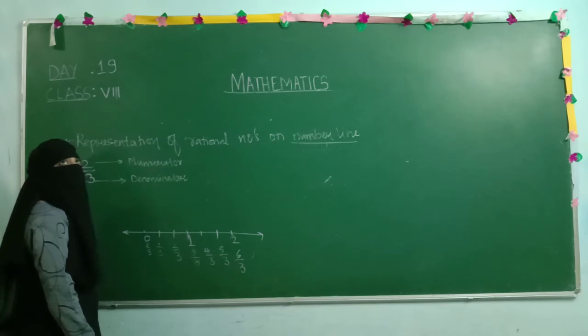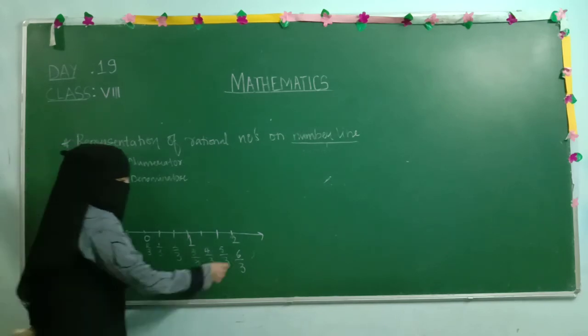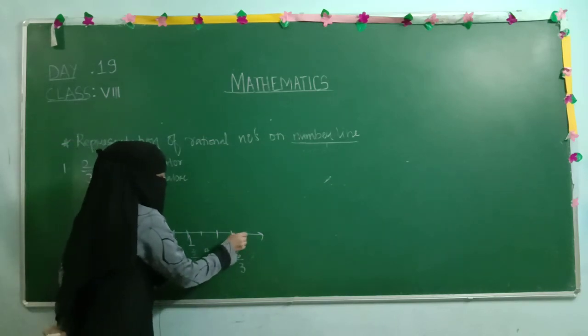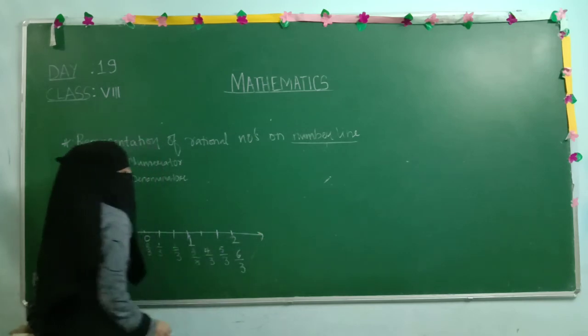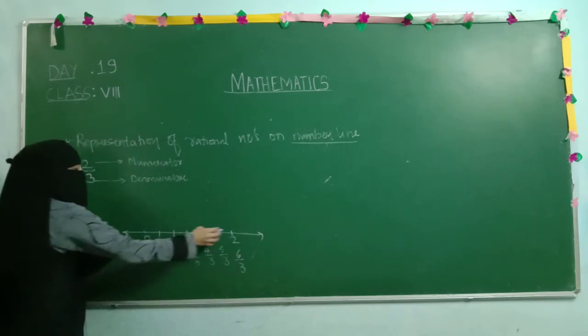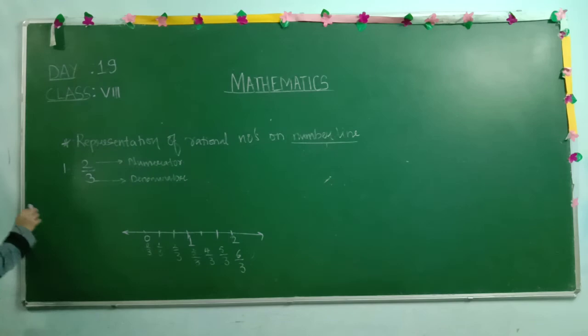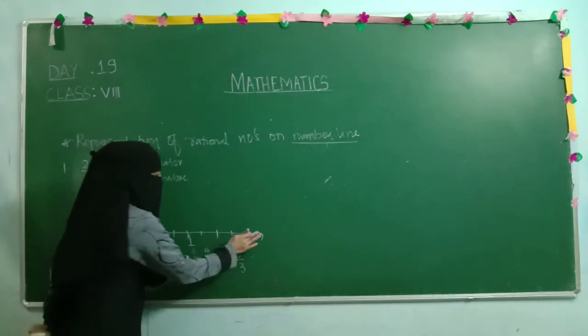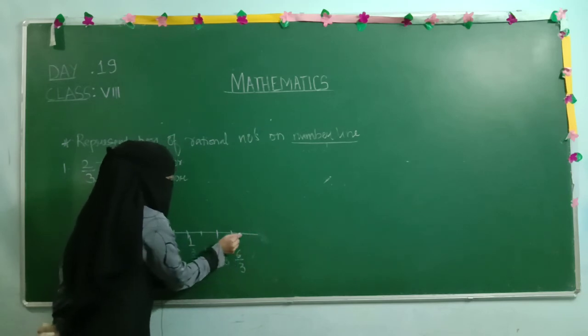After that also, if you have any number, suppose 7 by 3, at that time what do we have to do? 7 by 3 means, again 2 to 3 unit. 0, 1, 2 we have already represented. The next one we have is 3. When we write 3, 2 to 3 is 1 unit. Again we need to divide it into 3 equal parts. Then after 6 by 3 exactly we will get 7 by 3. Suppose I will show you here.